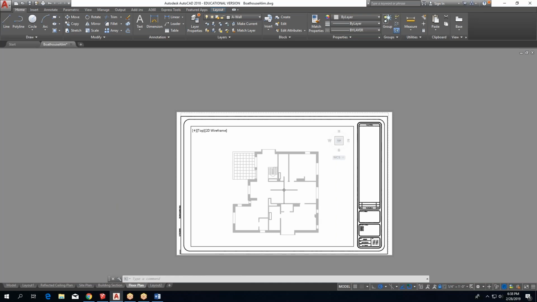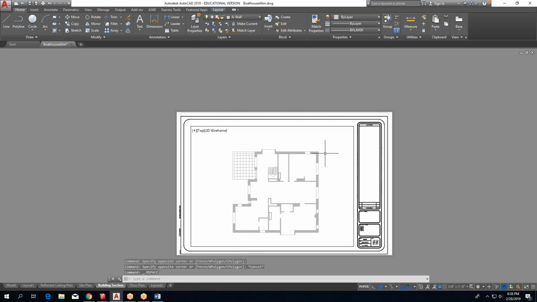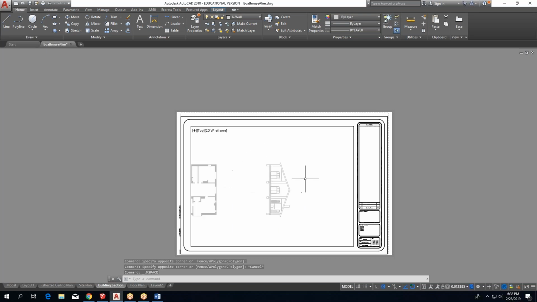All right, so now we have all of our plans, and now we just need to go into each of them, and we'll do some of these at different times in the evening. But for instance, if this was my building section, I need to double click. I have to unlock my lock because I don't want to have my floor plan in view. And then I would want to come into my building section,